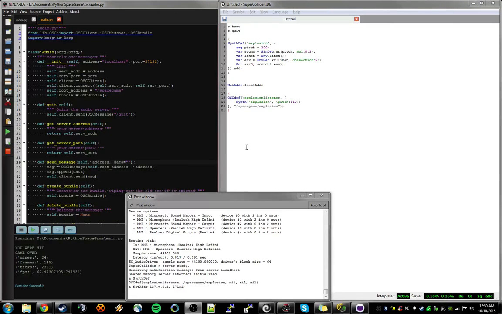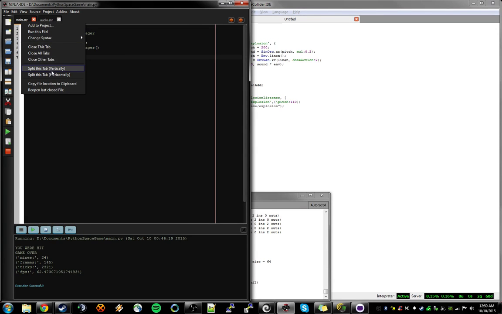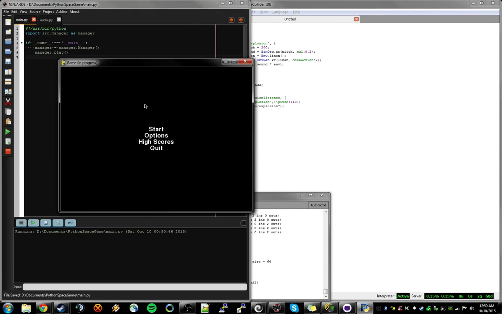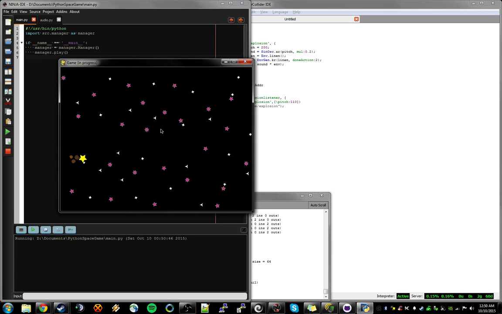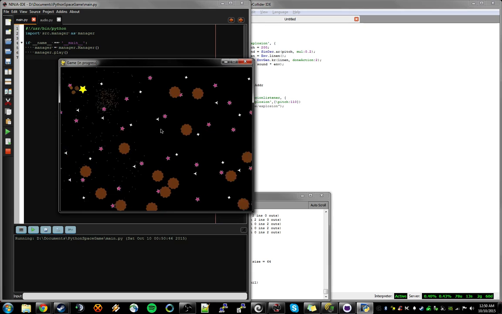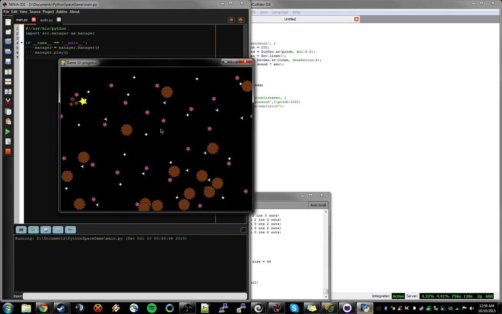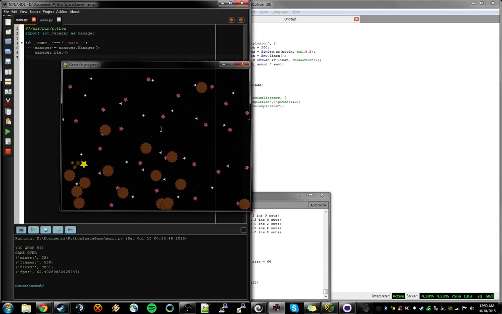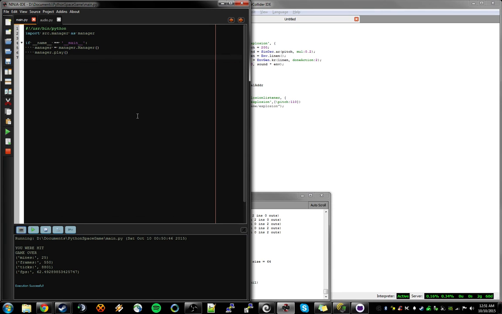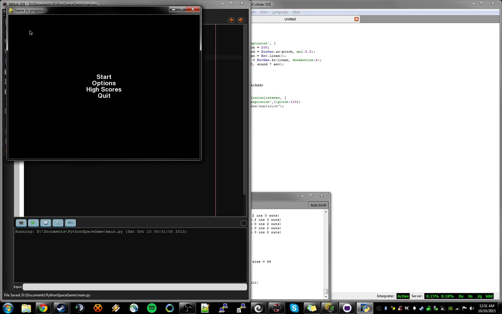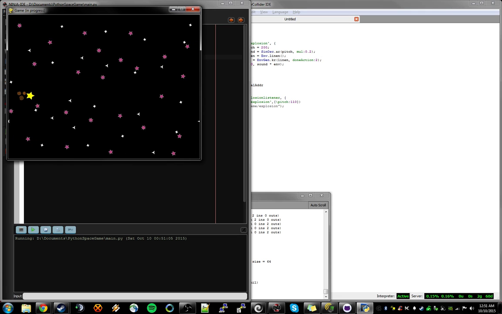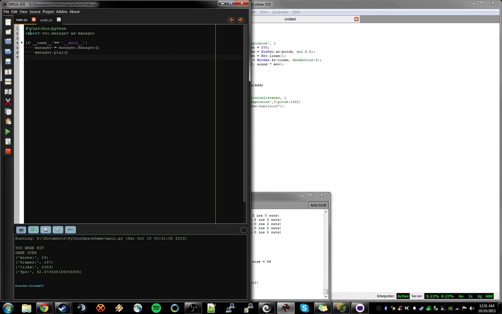Okay, so right now we have a test of the game going. We can run this file and we see we can start, we can play. There is sound, but it's kind of broken right now. It'll keep playing for a while if we destroy something, and it plays multiple times too, that's weird. But we know sound works because we get a sound when we crash and when an explosion occurs. So that's pretty nice. And what makes this happen